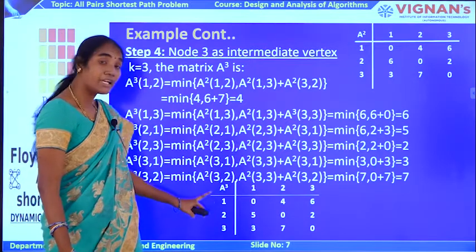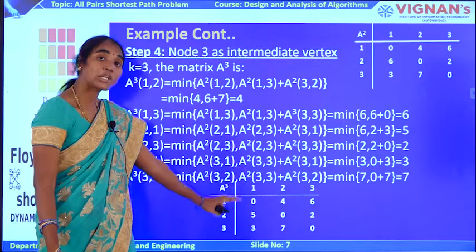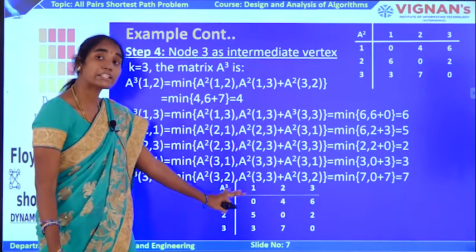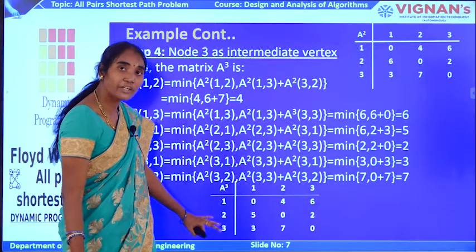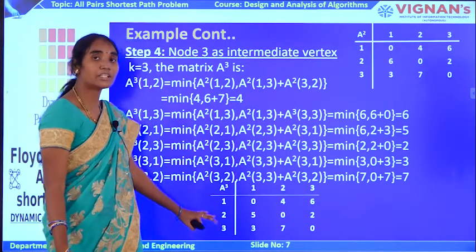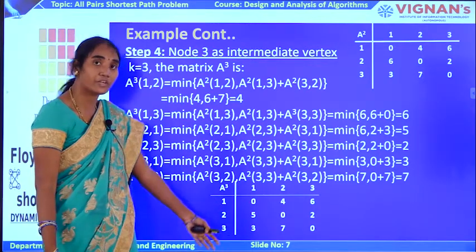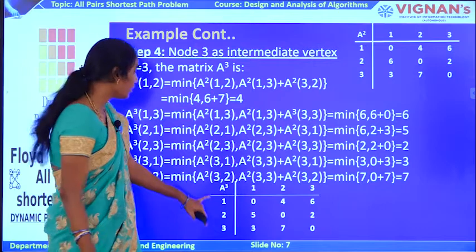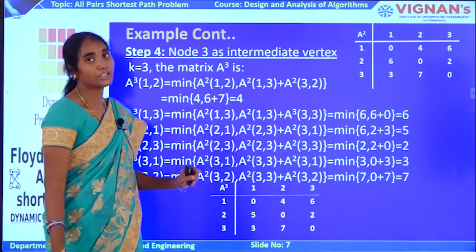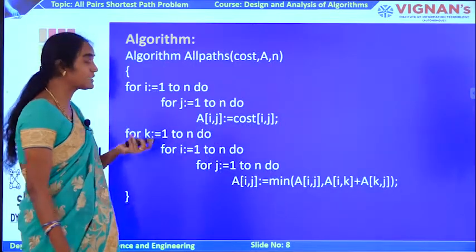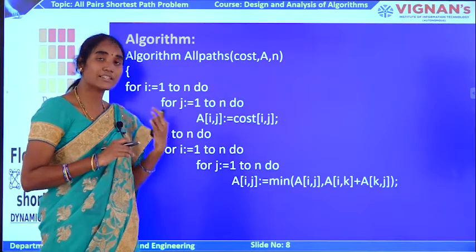So now as we are having only 3 vertices in the given graph, a3 is the final shortest distance among each and every pair in the given graph. Whereas if I am having 4 vertices, I need to find out a4. If I am having 5 vertices, I have to find out a5. So likewise, this is the final shortest distance among each and every pair in the given graph. So now let us see the algorithm now. So coming to the algorithm, initially A0, what is the A0 value?